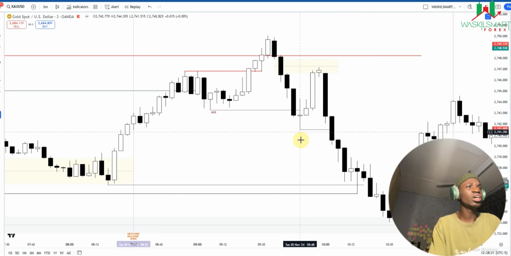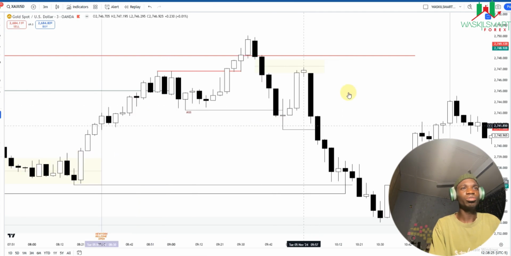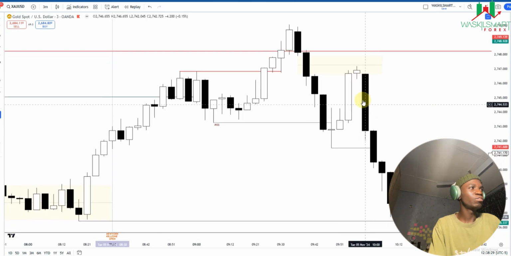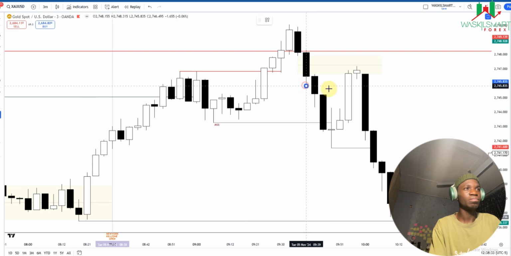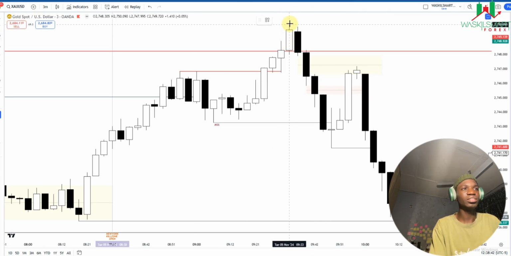So the question now is, why are you not taking this fair value gap? I know people will be like, why are you not taking this? There's a fair value gap here. Why are you not taking it? Particularly myself, I was not looking at this fair value gap here. I was only looking at a fair value gap that is